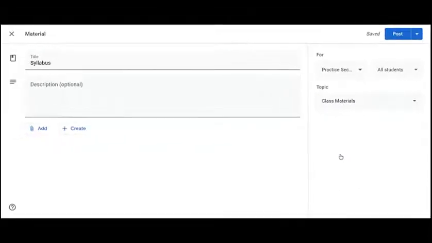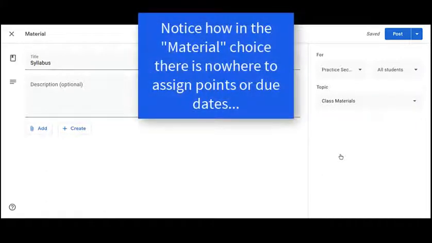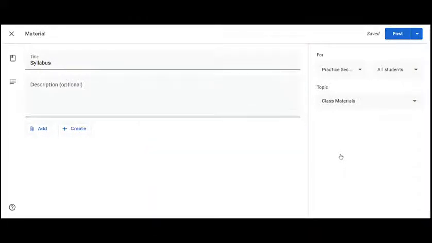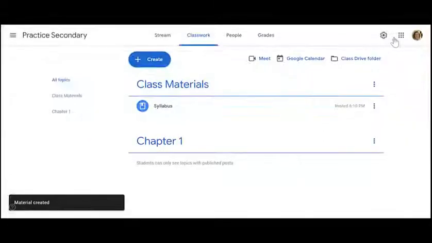I'm sure you're wondering what's the difference between a material and an assignment. Remember, materials are things you just want students to be able to read or click on or access. You really don't want them to do anything. You don't want them to really interact with these items. It's just something for them to reference. So think of the syllabus or the class materials as references for your class. There are no due dates or anything when I post it, and so it's just something that students can reference in